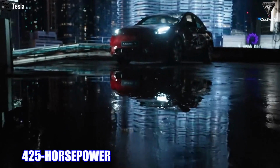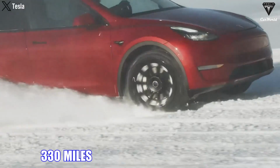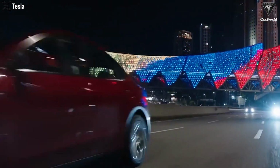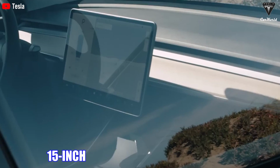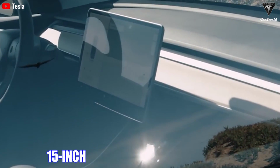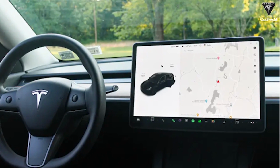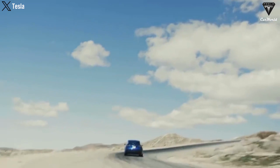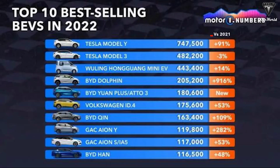With a 425 horsepower engine, the Model Y Long Range offers up to 330 miles of range on a full charge, an impressive performance feat for its price. Combined with a 15-inch central control screen that integrates software using a number of open-source software products to help increase security and easily update over the network. In addition, Model Y is also a hatchback-style SUV that many people are interested in. According to data from 152 markets, Tesla sold